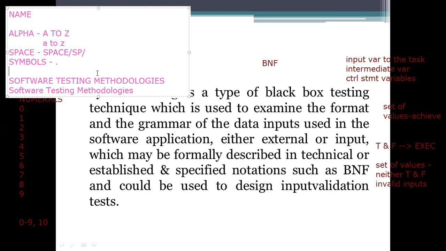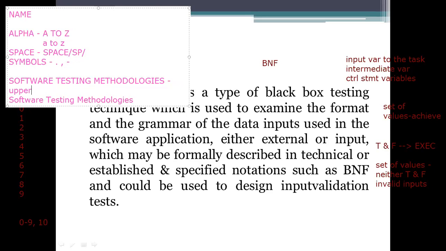Simply we will use the spaces and the letters or the words as mentioned. Sometimes we will use the spaces, or sometimes we will use symbols other than the dot also. So here we can simply specify a dash mark also, a hyphen. In this example, I am using the capital letters, that is caps, uppercase. So uppercase letters have been used here.